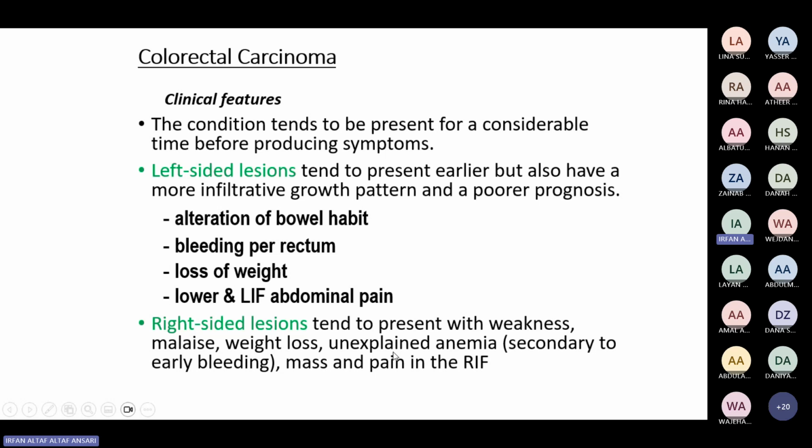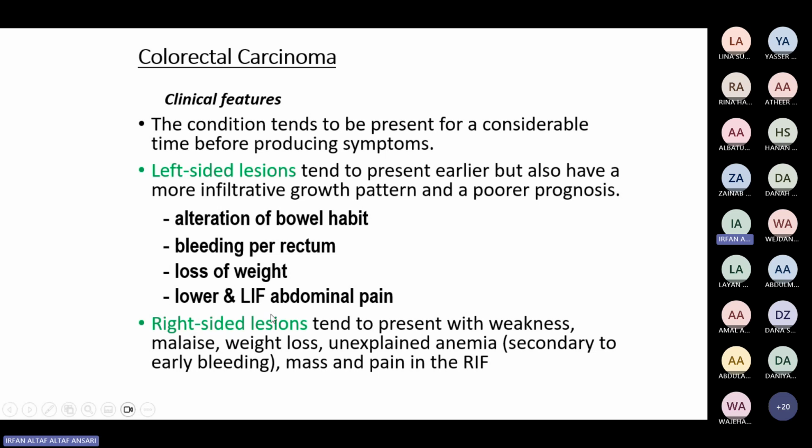So here the bleeding will be minimal. So you will not see the fresh blood or bleeding per rectum. Here you might see the occult blood in the stool, so you need to test the stool for occult blood. Frank bleeding will not be visible in the early cases of right-sided lesions. If the right-sided lesion is very large, very big, and invades a big vessel, you might see frank bleeding. But bleeding per rectum is more common with the left lesion, while occult blood in the stool is